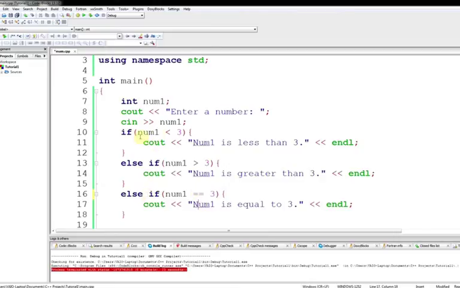So basically it's saying if num1 is less than 3, do this. Else, if num1 is greater than 3, do all this. Else, if num1 is equal to 3, then say num1 is equal to 3. And that's the same thing as just saying else, do this, because those are really the only three possible outcomes. But you can see if you had a whole bunch of different statements, how you might just want an else